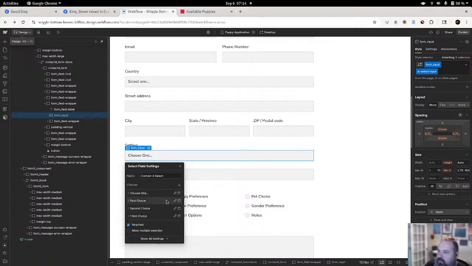Let's see here. Urban. And suburban. And rural.